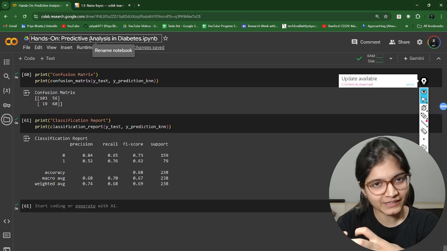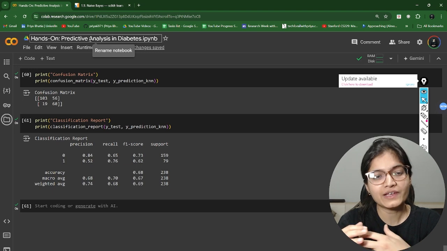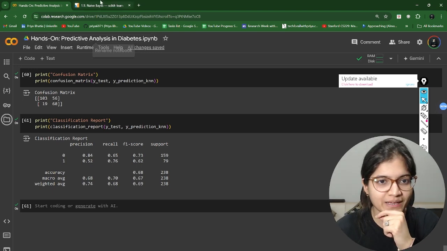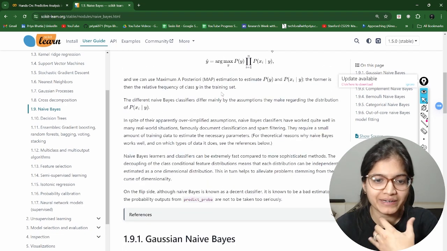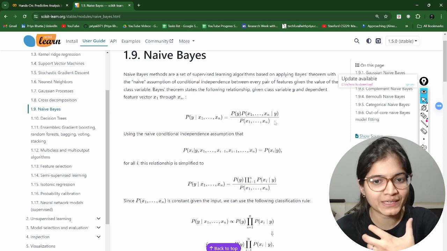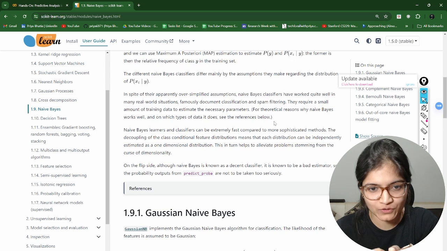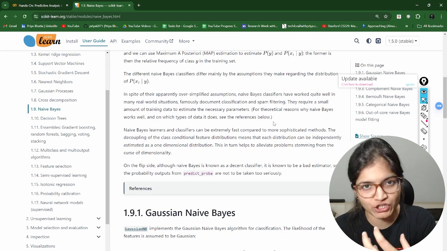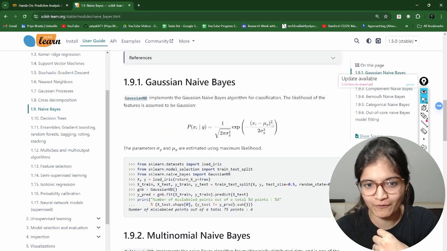We will do the implementation. In this manner, we can do the comparison as well as understand the implementation of this naive Bayes. Before jumping to the implementation, let me tell you that there are multiple types of naive Bayes. Although the mathematical intuition which we have learned remains the same, I personally recommend that everyone refer to the documentation of naive Bayes. You will easily be able to understand everything we have discussed.